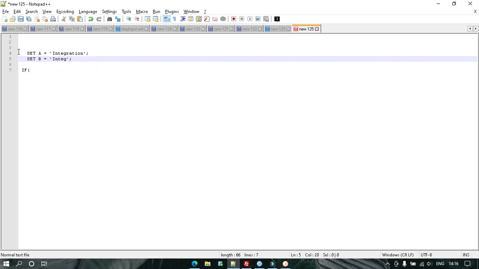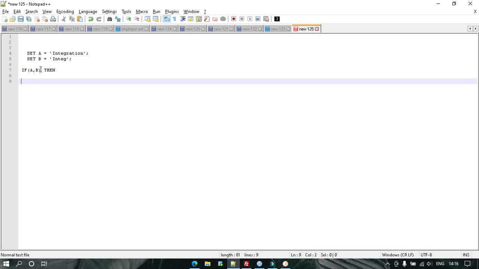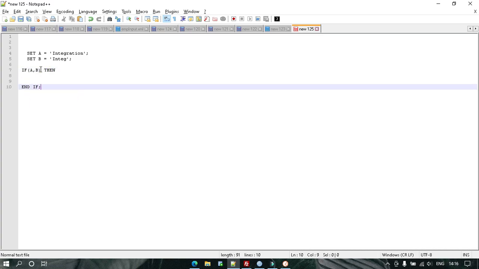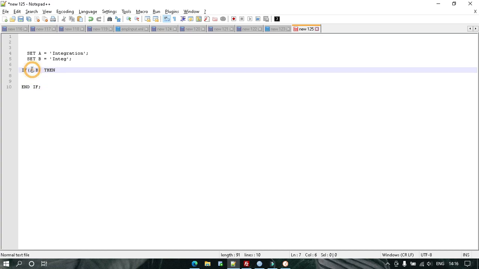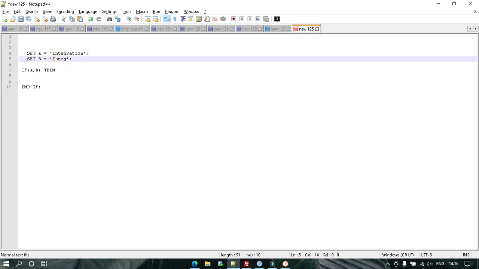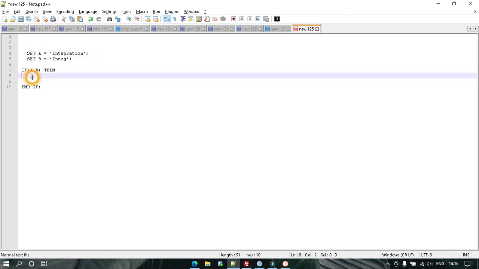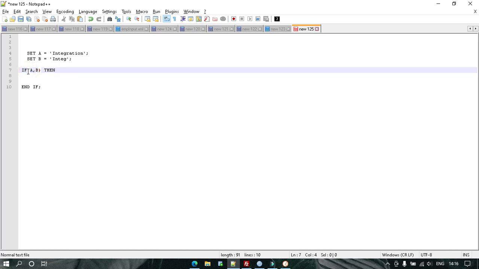Now, if I'm writing this condition, it is checking if B is present in A. Yes, it is present. This whole word can be found here. So this condition will be executed if contains.